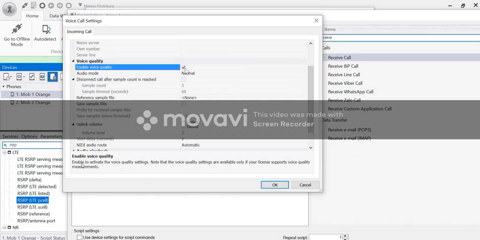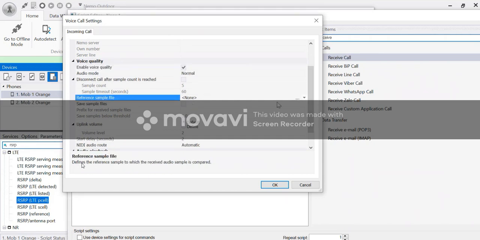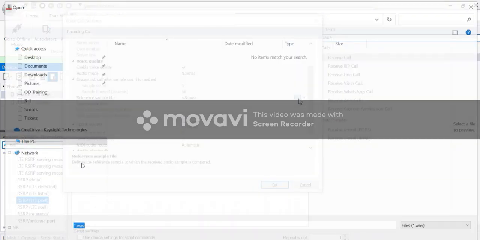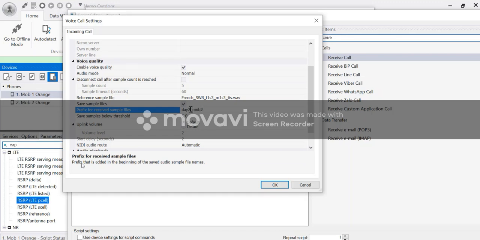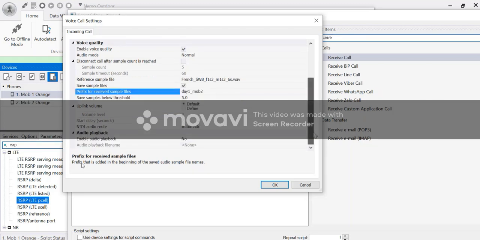We have to enable the voice quality, choose our sample or reference file, and save my mobile 2, day 1 mobile 2, and